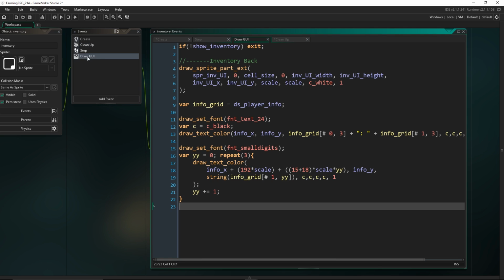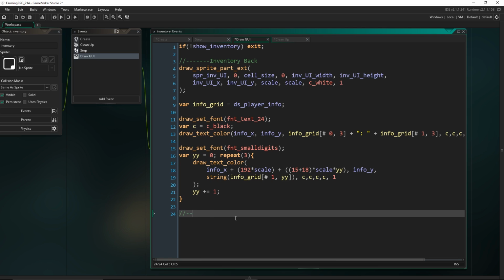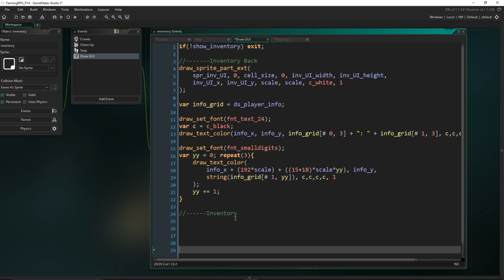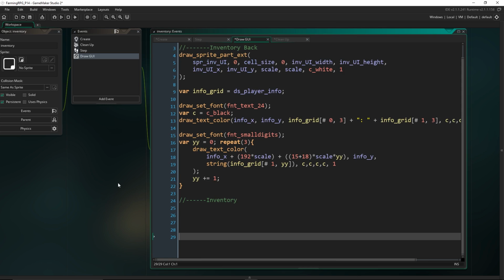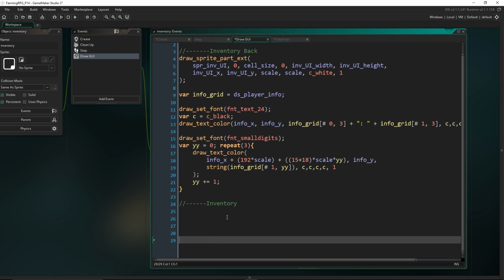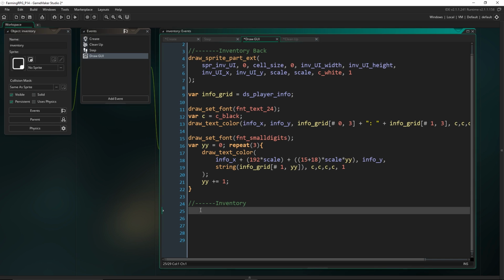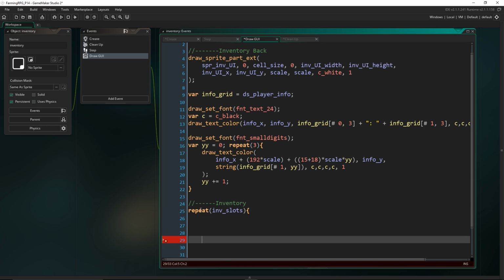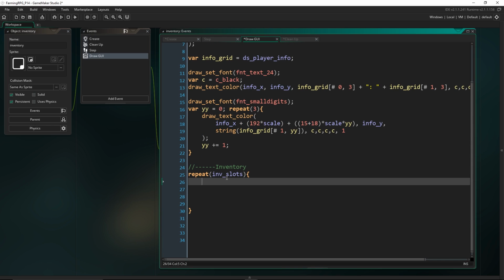And now let's come into the draw GUI and we'll actually be drawing the inventory. So again, we're going to be using a repeat statement for this, because basically we want to loop through that entire inventory grid and draw the appropriate sprite from our sprite items and also the amount. So let's just set up our repeat loop. So we're repeating however many inventory slots that we have. Basically, the logic of what we're going to do is, so for every single slot, we're going to have to get